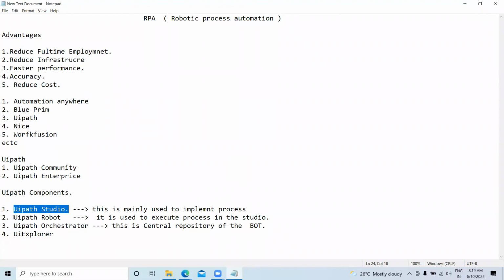Okay, and next one is called UiPath Robot. It is used to execute the process in the studio. Whatever process we have implemented in UiPath Studio, we can execute by using the UiPath Robot. And